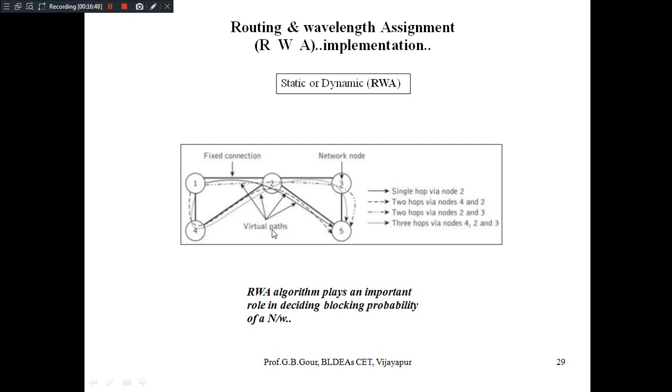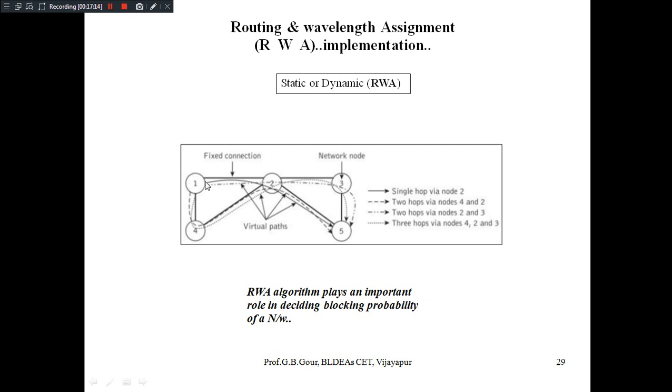For example, this diagram is shown here, guys. A simple 5-node network. Suppose I want to transmit the wavelength from 1 to 5. Directly we can get one light path with a single hop, with one intermediate node. That is single hop via node 2.